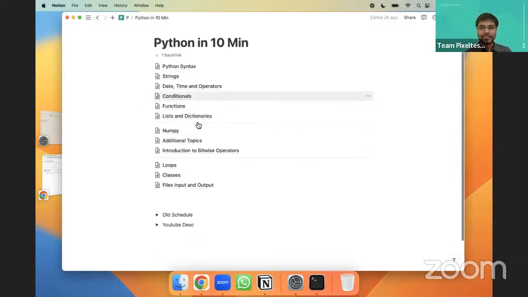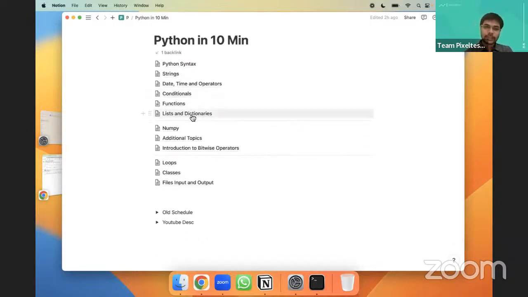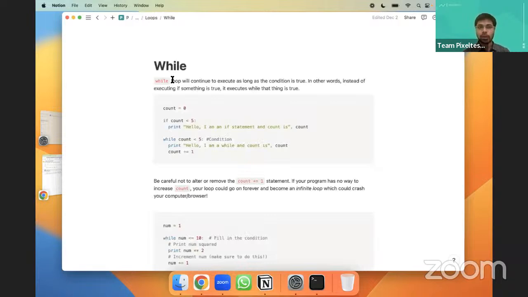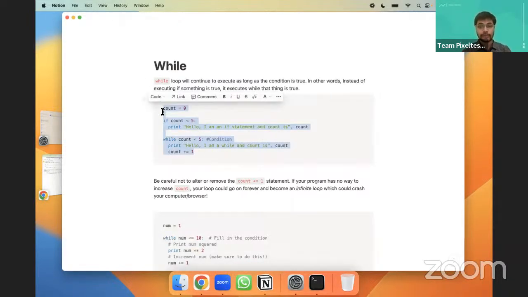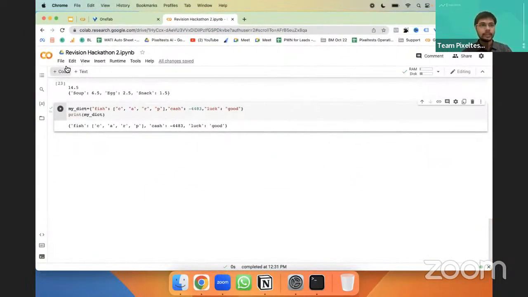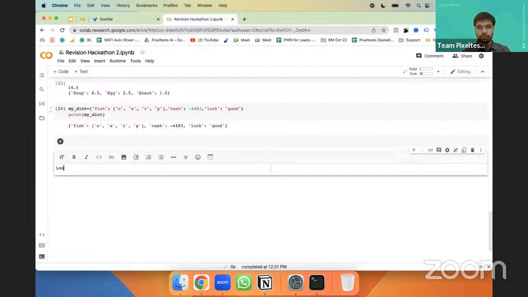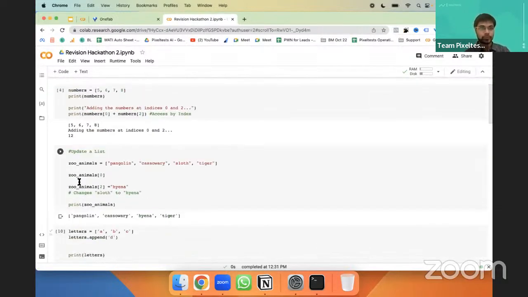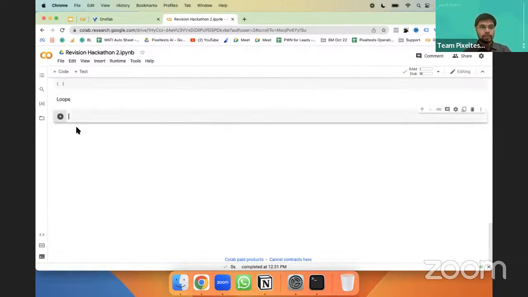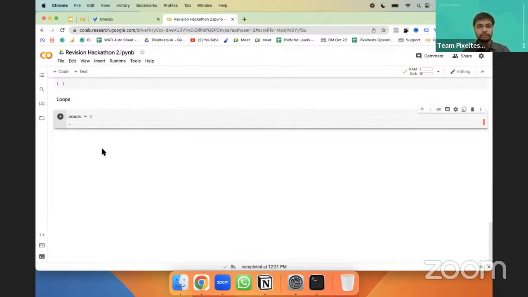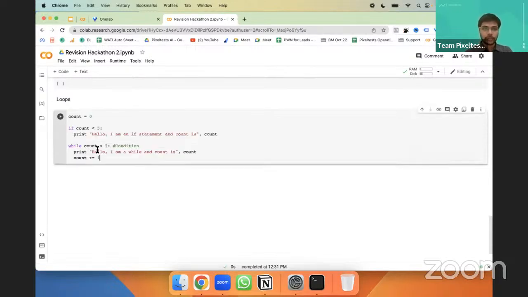Thanks, Ramesh. Okay, so now once you understand lists, we'll go to loops. How loops function, we'll do by exercise. Here, we first initialize a variable, which is count.